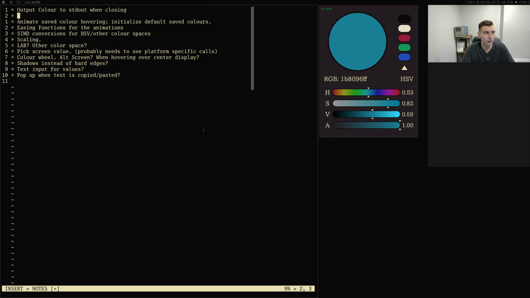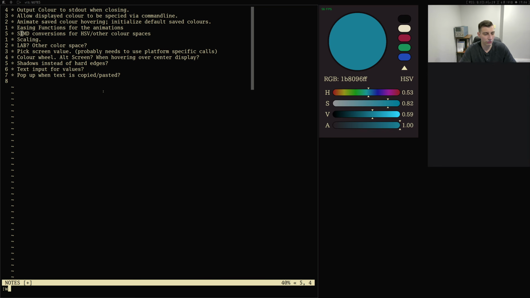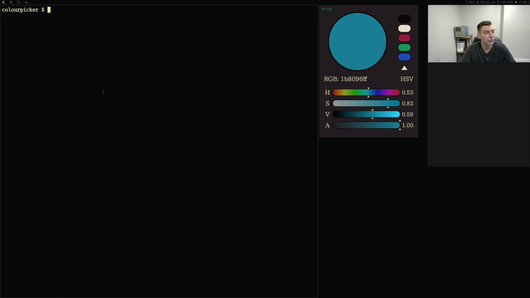What that's going to allow us to do is basically make an editor plugin that would, in Vis for instance, when you're editing a color, pop up the color picker for that color, tweak it, and when you close it, load that back into the file and save it. I think that'd be pretty cool. First, we want to do this, so write those notes. We are going to open up the colorpicker.c